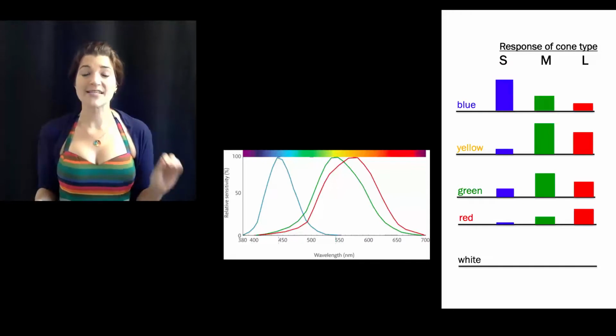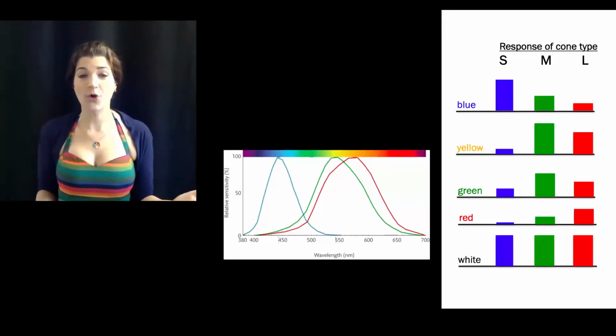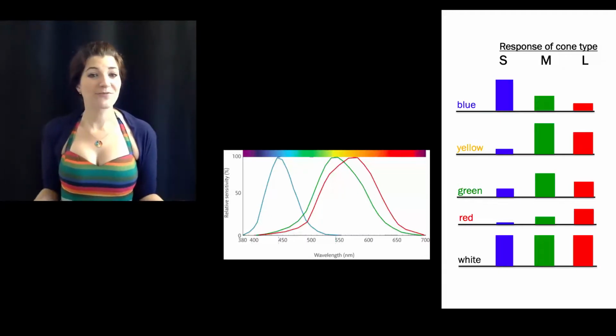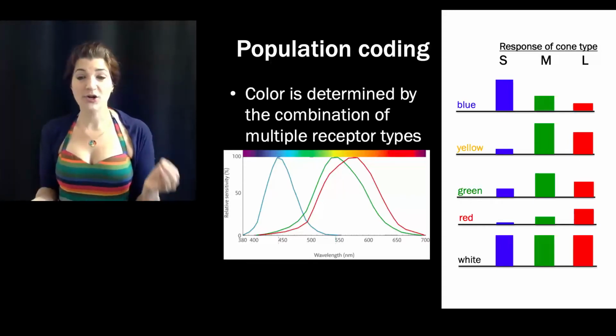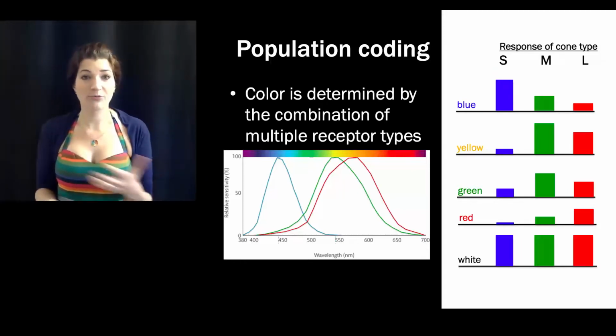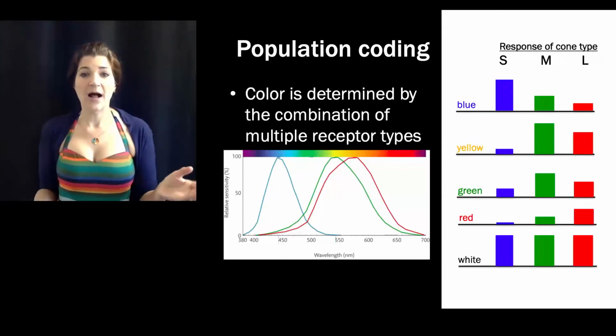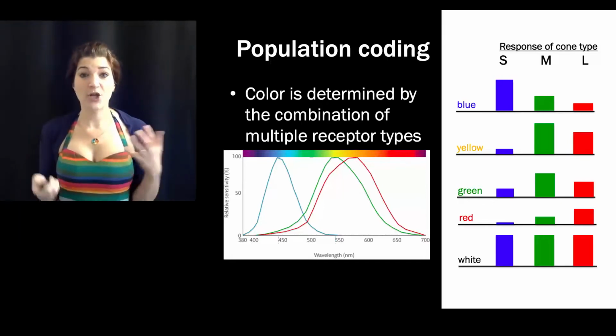Okay, so what about white? Well, recall that white is the combination of all wavelengths of light simultaneously. So all cone types respond to white light. So how do we know what colors are present? It is our old friend population coding. If we were to record from just one neuron or one type of neuron, we couldn't tell the difference between yellow and white or really any other color pairs. It's only by looking at the combined responses of all of the cone types that we can know the quality